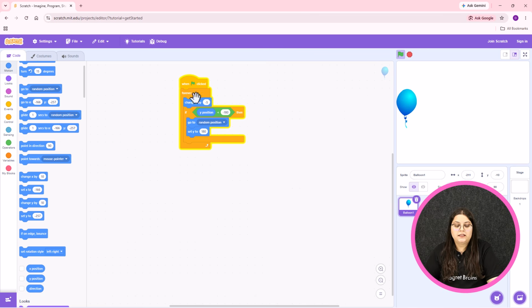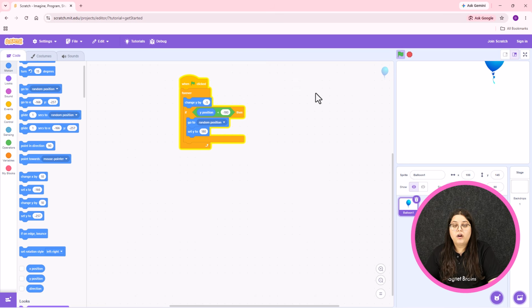Okay, see, whenever I click green flag, position of y will change by -5, which means balloon will fall down continuously. If y position goes below -180, which means if balloon has fallen down, then it will automatically go up at 180 and random positions. Okay, see, this is happening. Whenever I click green flag, balloon is coming down, then automatically up at random position and it is falling down.